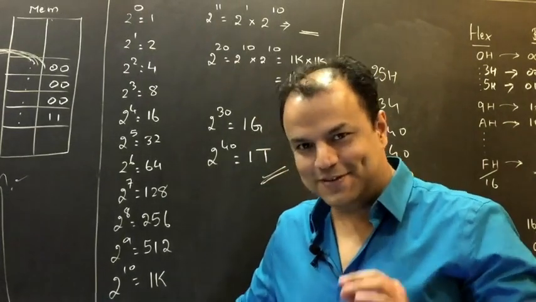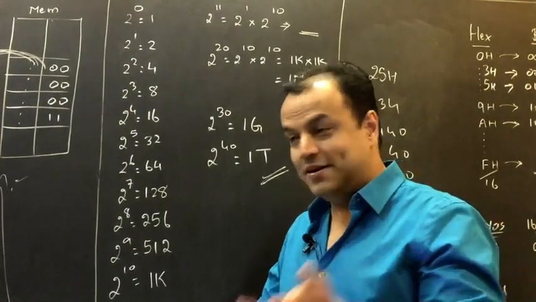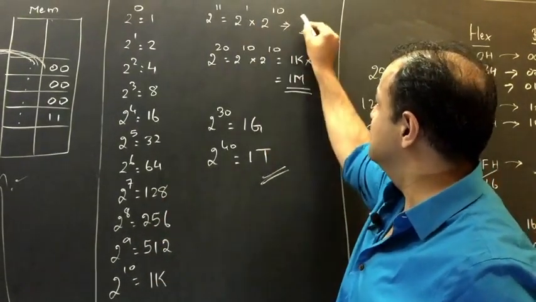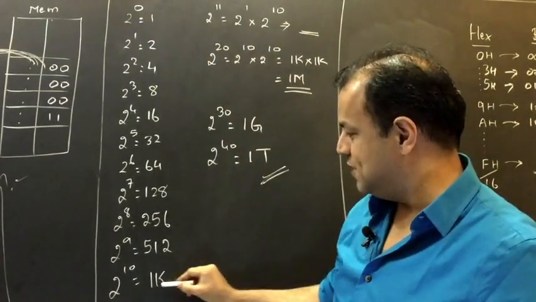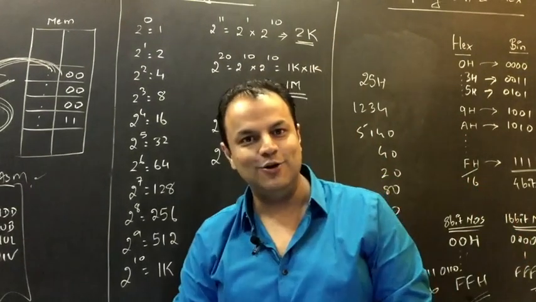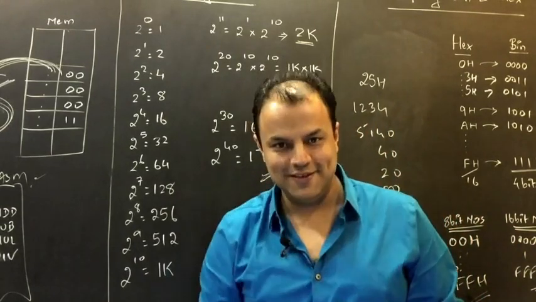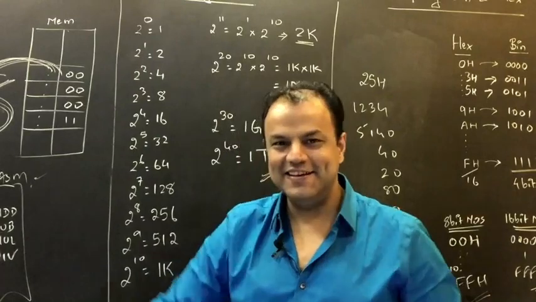2 raised to 11. Now you don't have to think over it all over again. 2 raised to 11 can be derived as 2 raised to 1 into 2 raised to 10. 2 raised to 1 is 2, 2 raised to 10 is 1K, so this becomes 2K. Please tell me, did you understand? So 2 raised to 11 is 2K, 2 raised to 12 is 4K, 2 raised to 13, 8K,